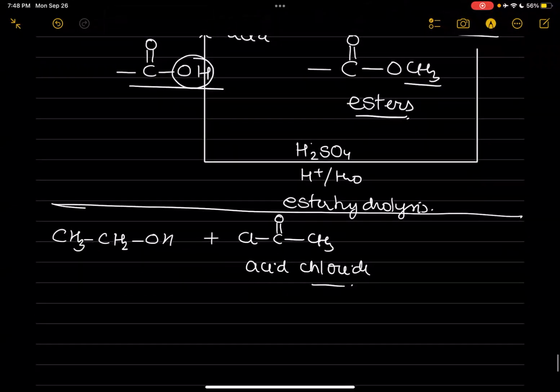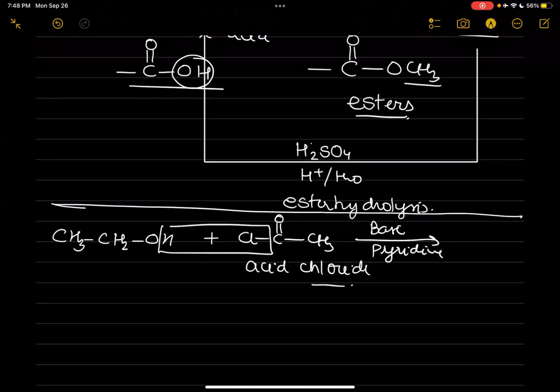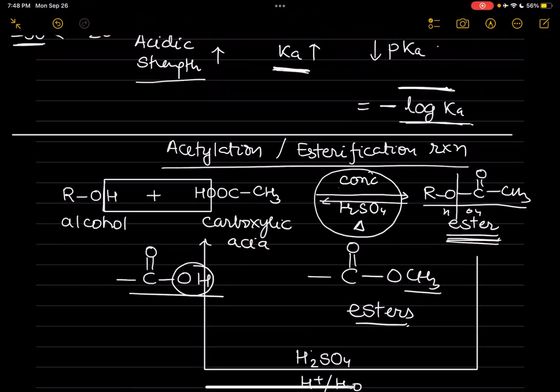Okay. And what happens if you heat them with pyridine? Pyridine is a base. I can generally write them as base, okay, of pyridine. Pyridine actually absorbs HCl. So it removes HCl, H from OH and Cl from this acid chloride. So you will have this kind of ester, CH2O, CO, CS. Is it clear? This is also esterification, but not by taking carboxylic acid and alcohol directly, but indirectly by taking